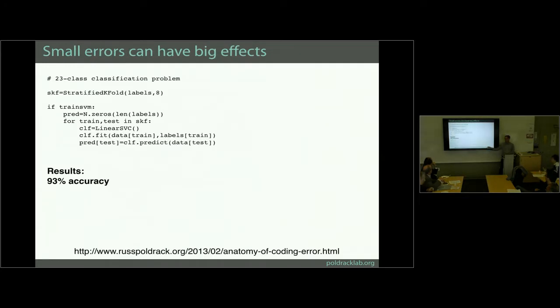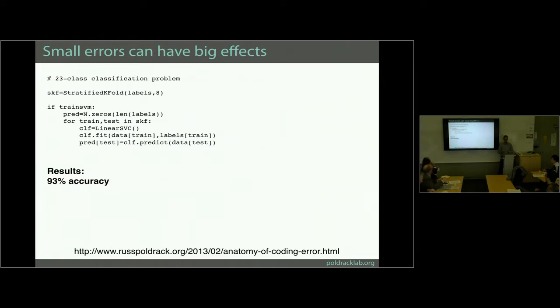I blogged about a similar experience that I had, where I was building a classification model to try to say, can we read your mind to tell what psychological task you're doing when you're in a scanner using fMRI data? I had people doing one of 23 different tasks, so a pretty hard classification problem. I ran the data through this bit of Python code, and I got pretty good accuracy, 93%. Chance should be just a few percent, right? Because it's 1 out of 23. If it was 100%, I would have been worried, but it was 93%, which seemed pretty good.